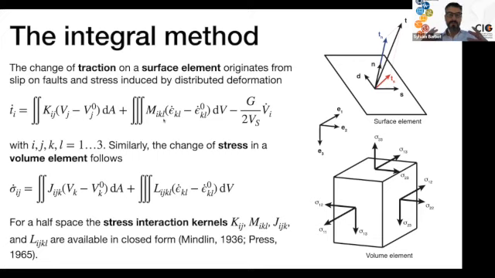And that's a triple integral representing a volume integral over the viscoelastic ductile domain. Added to this, a so-called radiation damping term that describes the effect of stress reduction by the radiation of seismic waves away from faults. So in this context, we are going to describe the quasi-dynamic integral method, where the radiation of seismic waves is